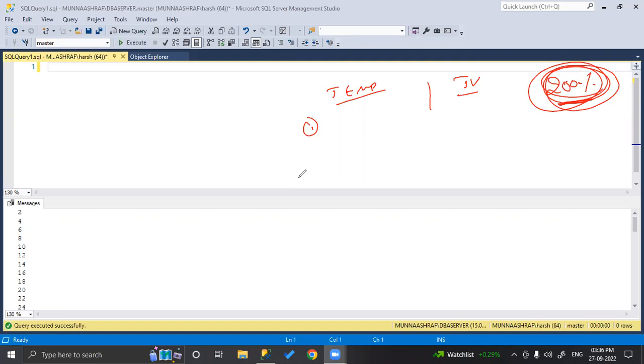Okay. So write down for the table variable. Table variable also: we no need to drop the table variable.